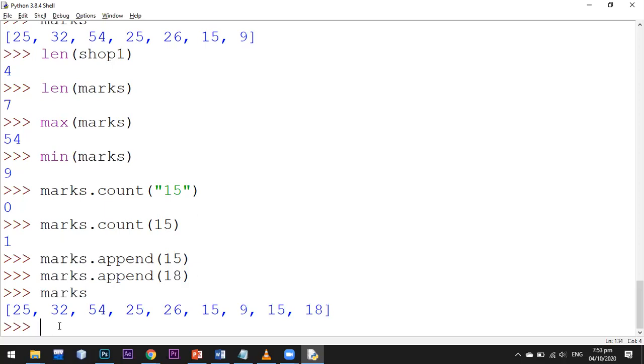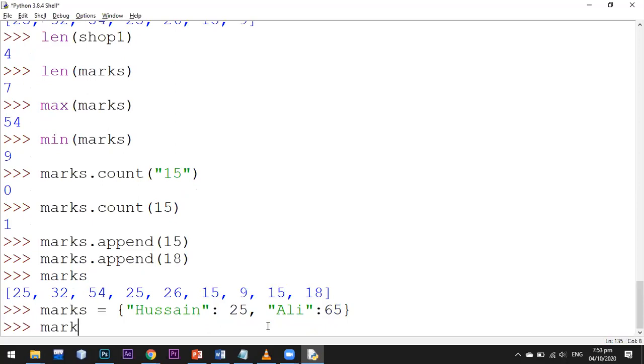Okay, a dictionary is similar to an array, but it doesn't use square brackets. Again, marks, and I want to save with the student names, so it uses curly brackets instead of square brackets. I want to save marks for Hussein, and marks are 25. So this Hussein is known as key, and this is known as value. A key is similar to index position. And another student Ali, and I want to save his marks.